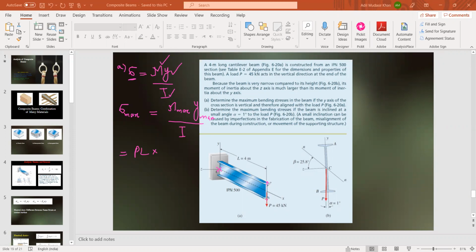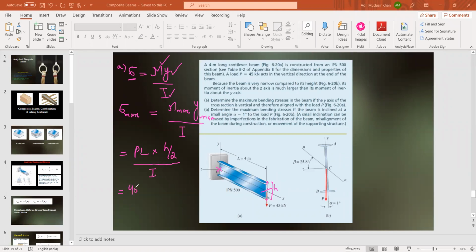So if this is your total H, then the value of Y has to be equal to H by 2, because at the top and at the bottom end the bending stresses are maximum, divided by I, the moment of inertia. Therefore, the maximum bending stress will come out equal,